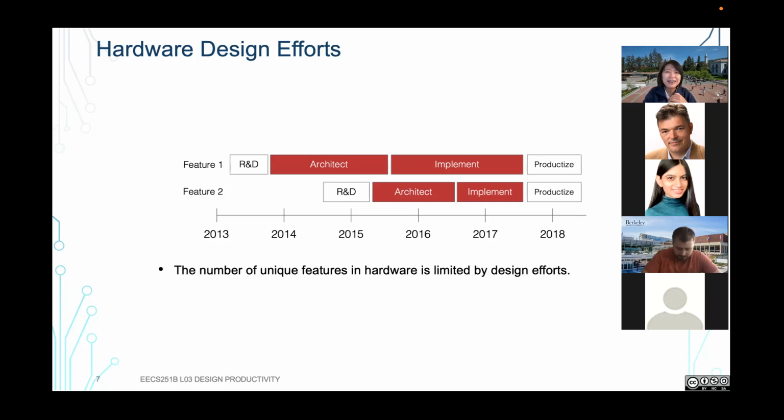I guess people are talking about the golden age of hardware and the semiconductor industry, with all the different domain specialization and heterogeneous integration. But in reality, when we think about the complexity of our system, the number of unique features that we could implement in hardware is really more limited by design productivity and design effort these days, instead of just the standard metrics of power, performance, and efficiency, right? So that's really the high-level message we'd like you to think about when approaching design productivity and design